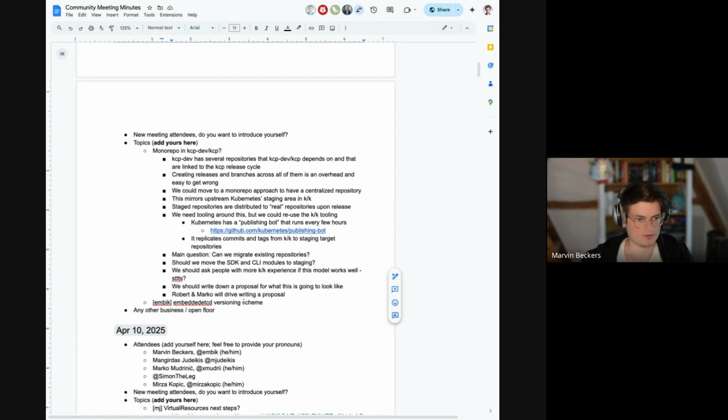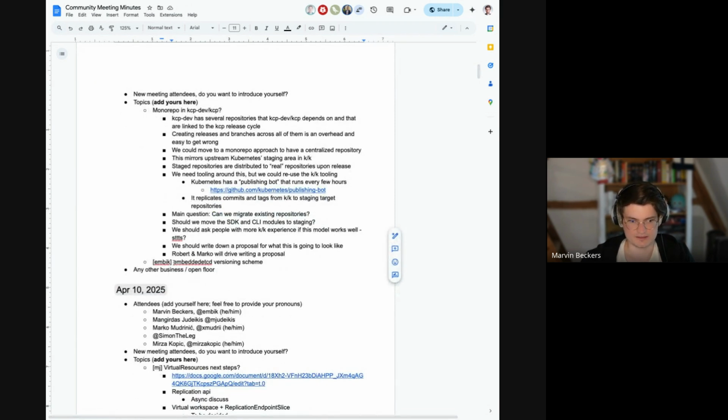Okay, then Robert and I just had a conversation that's a minor topic here. We have the embedded etcd repository under the KCP org, and I think it moved out some functionality we had in the KCP code to run the embedded etcd for development purposes of KCP. I was just curious, maybe someone here knows.